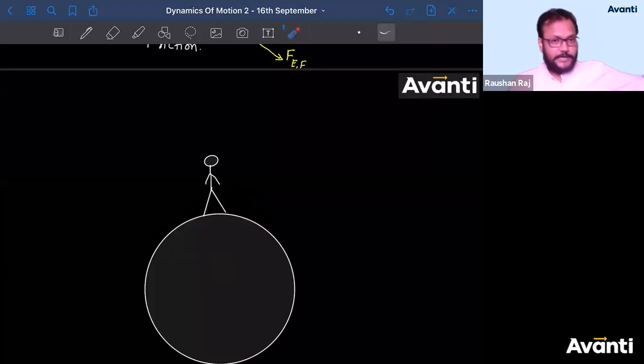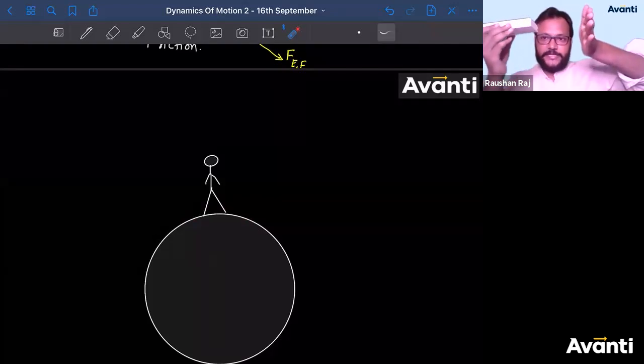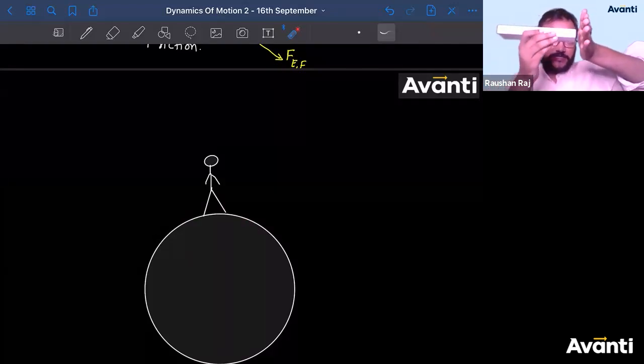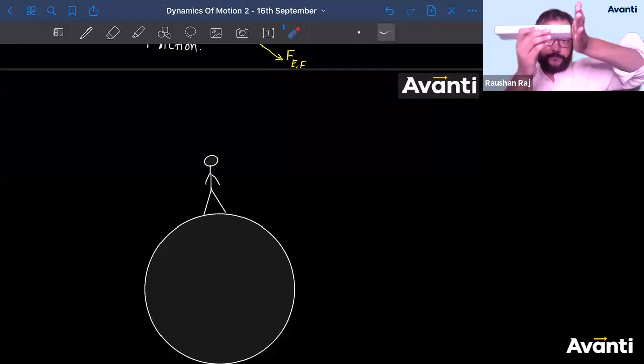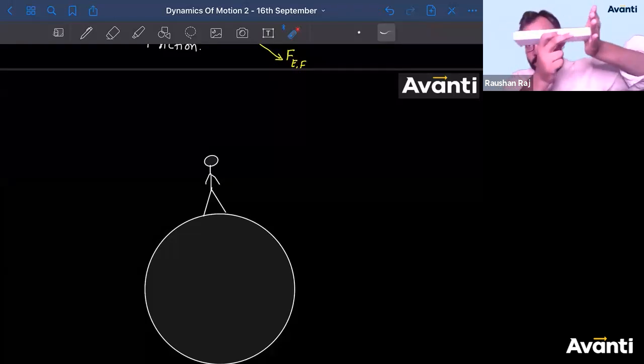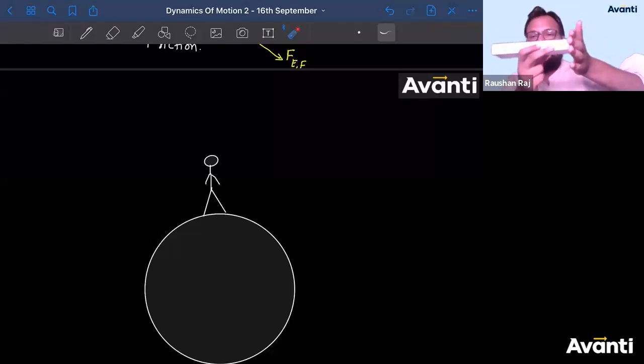And imagine this is an object which tries to move in this direction. Now it tries to move in this direction, but there is a surface in contact. Now this is a surface here. It tries to move in this direction, in leftward direction, left to me, right? Tell me how this surface can oppose the motion of this object.